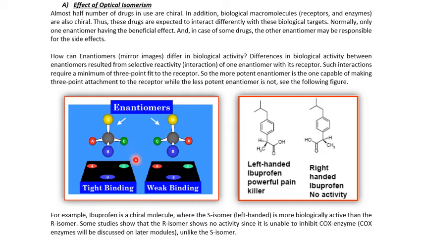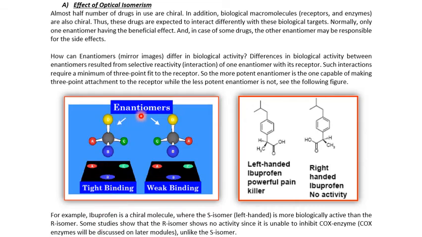To answer the question, let's assume that this is our receptor. So this receptor will have the binding site for this group here, another binding site for this group here, and another binding site, a third binding site for this group. And you can imagine that all these groups will fit tightly into this binding site and hopefully produce the biological